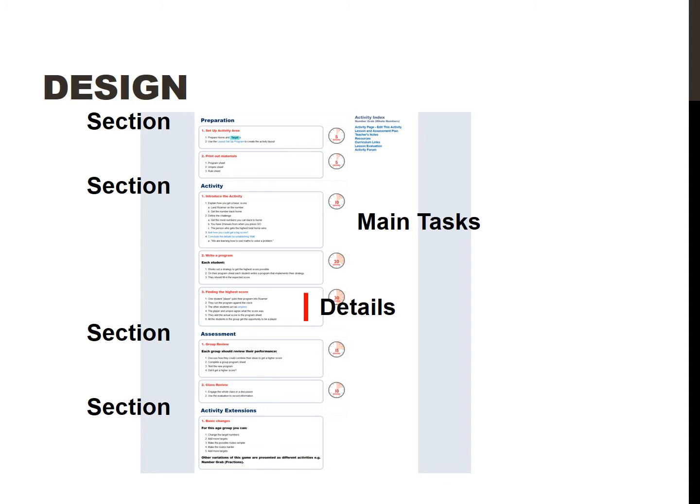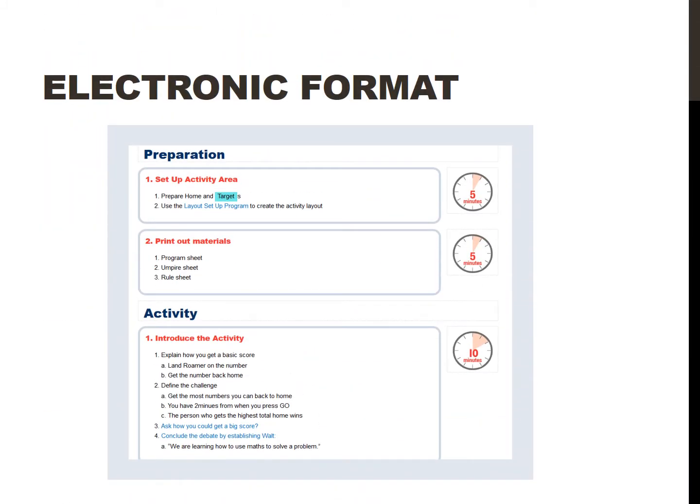Here we see how the information is presented. You get headings, you get the main tasks, you get details that are quite distinct. You can quickly scan this page and get the main points. And if that's all you need, you're done. If you need more detail, it's available. The whole aim here is to provide something that the experienced teacher can quickly read and use. And yet you want to support the novice. Now the electronic format is ideal for that.